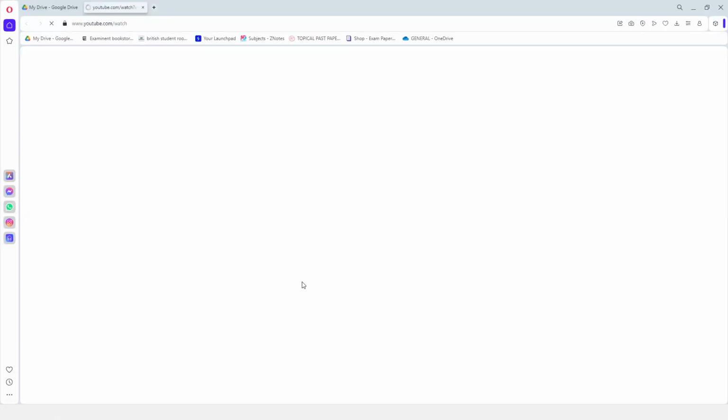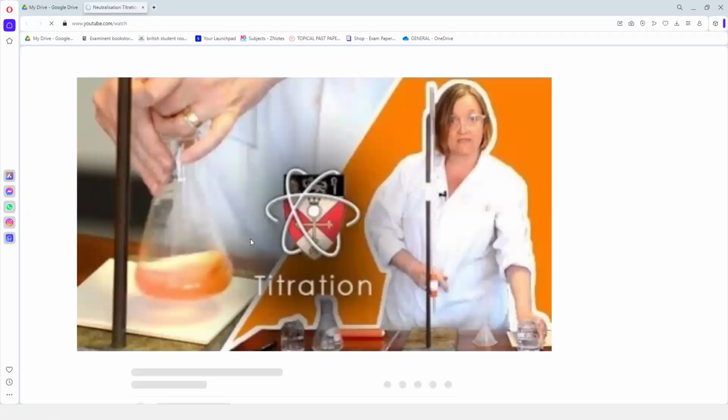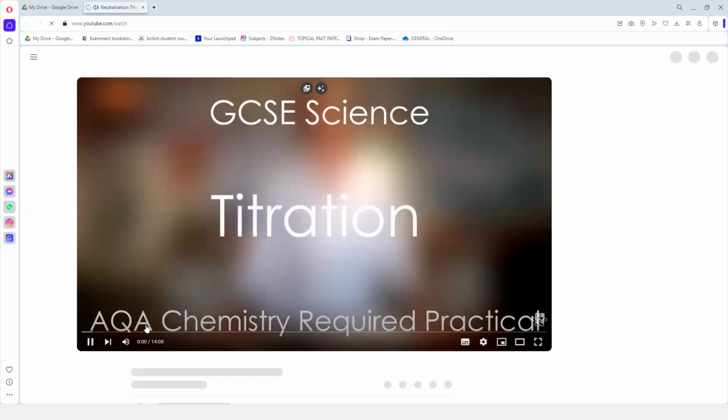Now, the famous experiment, I had shown you this before. Normally, whenever we do titration, we always look for the options of an acid. The required practical we're going to look at is